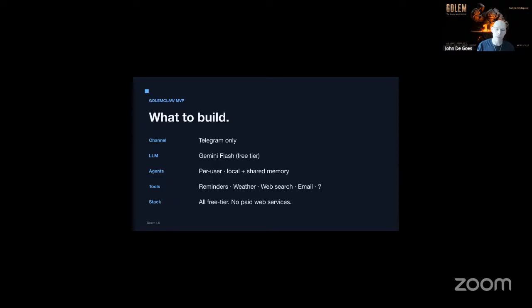Weather, so you can type into that Golem Claw agent, say, what's the weather around here or in that specific location, and it's going to check that for you. Web search, so you can say, hey, Golem Claw, I want to go out there and find the best tie that's between $20 and $30, and you would get back some sort of an answer for that